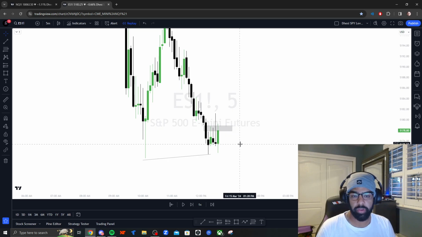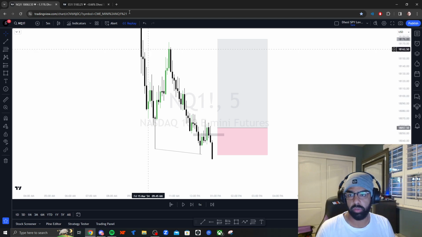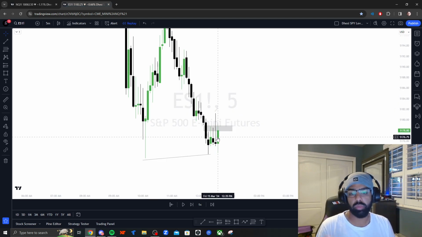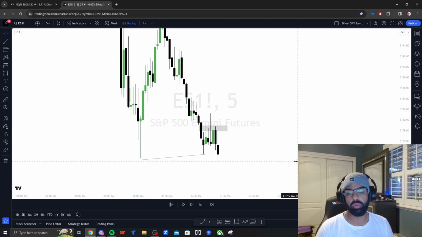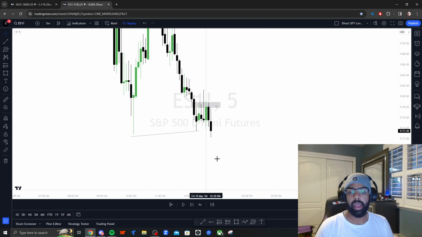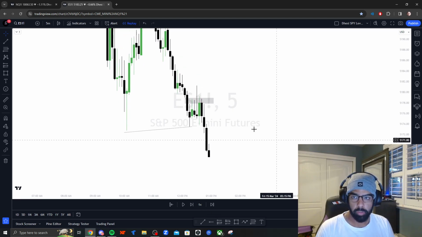In this case, it was a 5-minute. So you guys can see when NQ flipped this candle inverse at 1235, ES was still within this gap. And as you guys can see, ES never got the close above this gap. And that's why this trade here did not work. Versus the one I'm going to go over right now, which is this one, right?